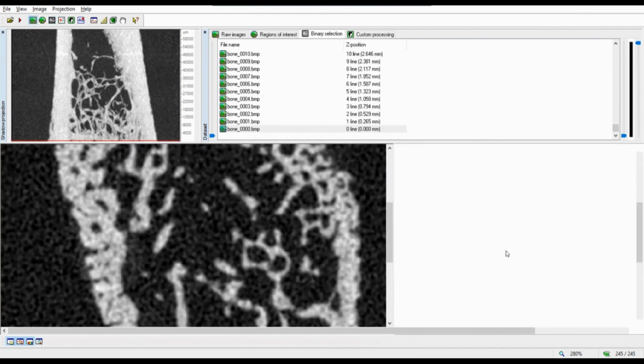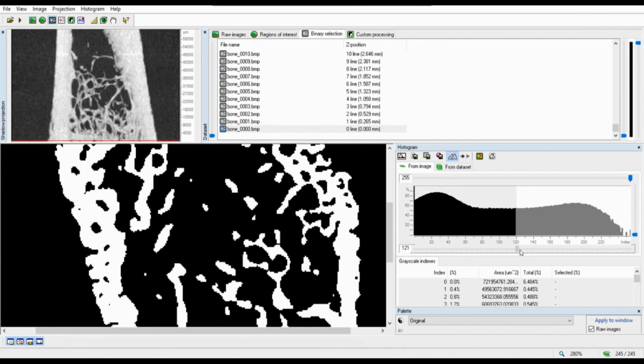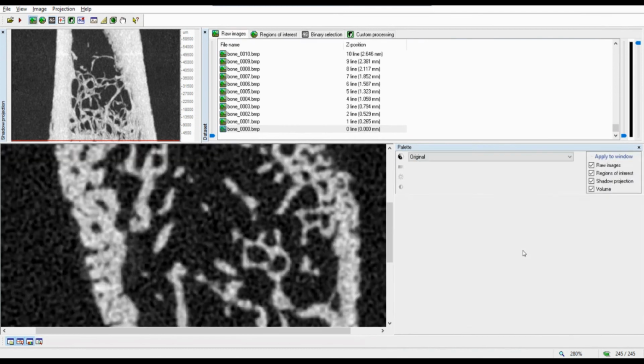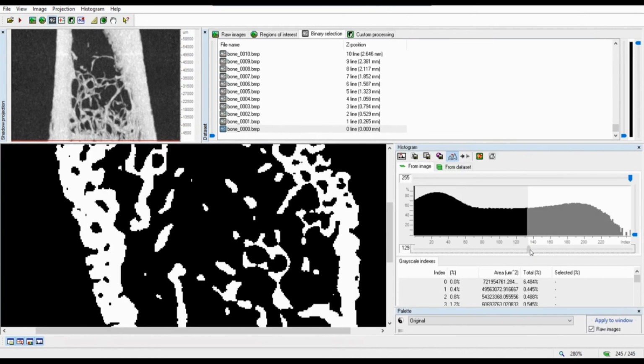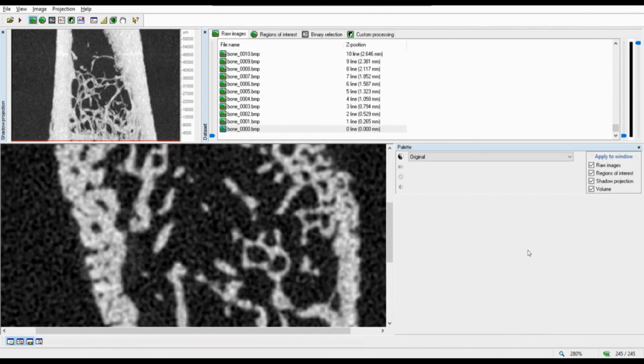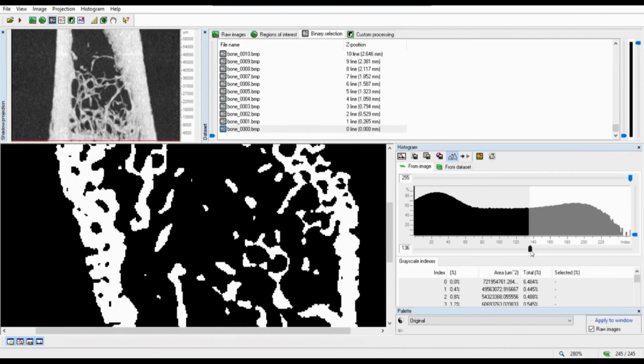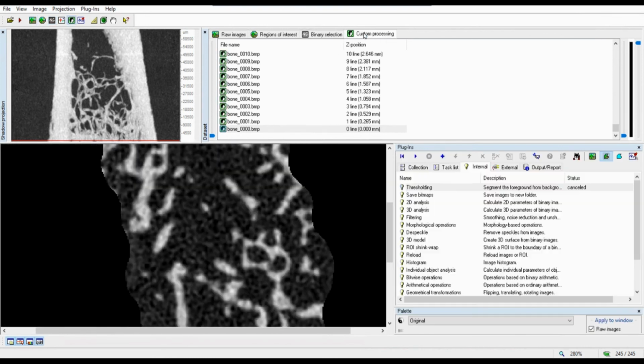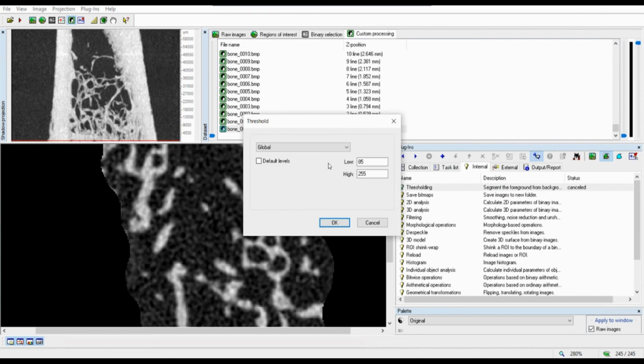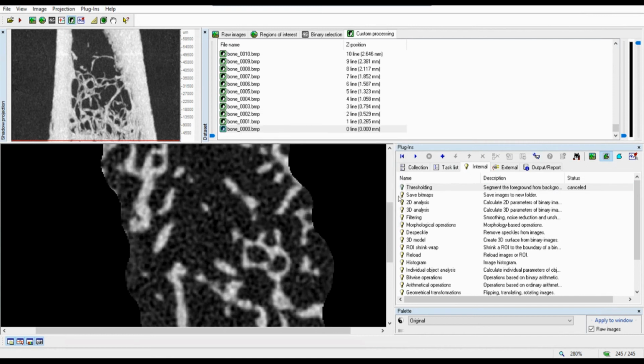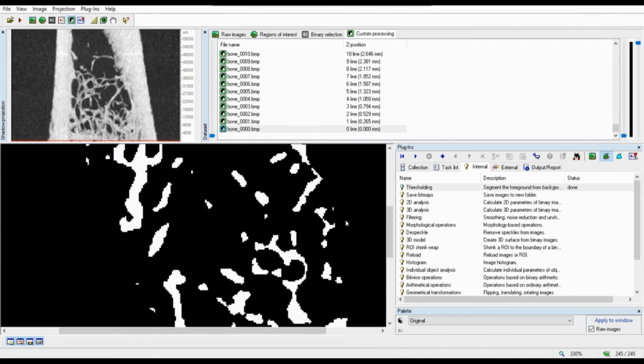There are other ways to do the threshold. You will see some new options like adaptive threshold that maybe is better for trabecular bone. But let's just assume that this is a good one. So I can do this one. Okay, and then you have the